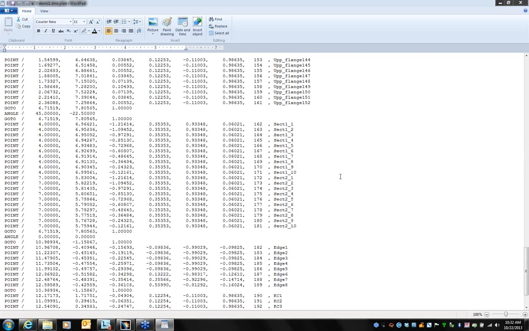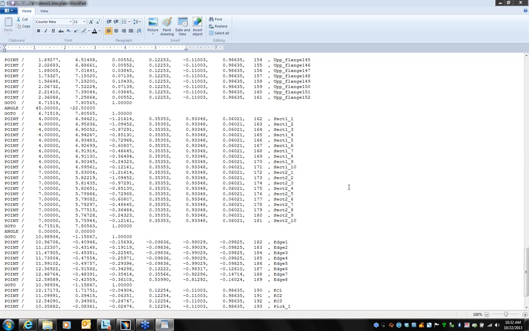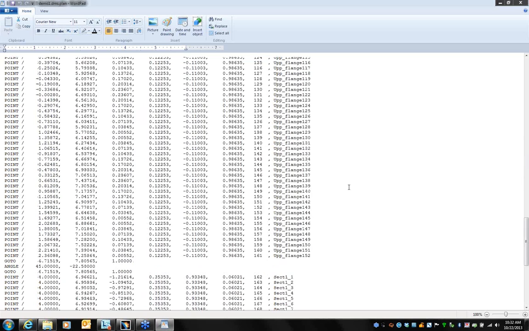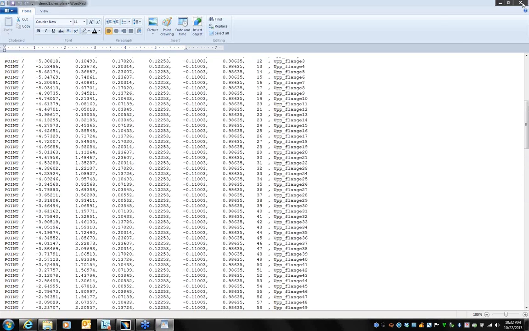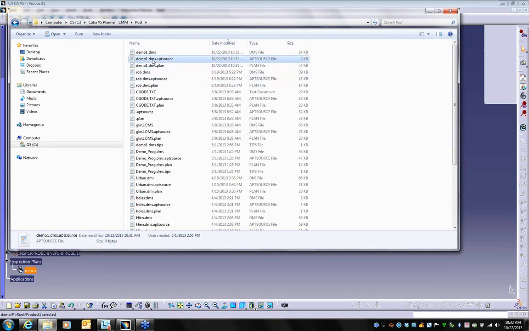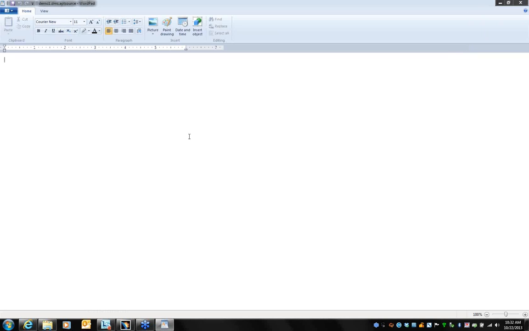It's very easy to read. It's probably easier to read than Demas data. Okay. We also create an app source file. This file would be ready to go into